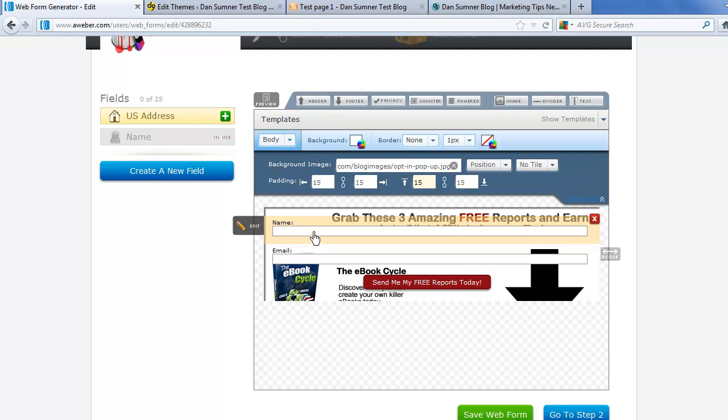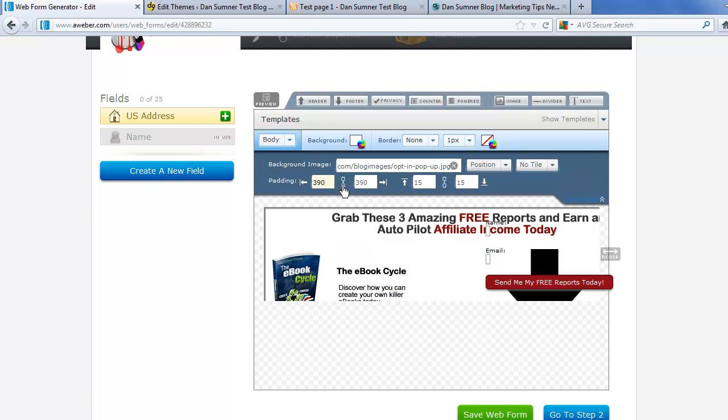Now if you're using a custom opt-in form, a totally different size, the one I'm using is 700 by 500. If you're using a 900 by 400 or a 500 by 300, you're going to need to play around with padding. But if you're using a 700 by 500 pixel graphic, then it should be pretty close to what you're looking for. So we're just going to edit our padding. I'm going to add this one to 390. Now I'm going to need to break the link here because I don't want it 390 by 390. I want to add